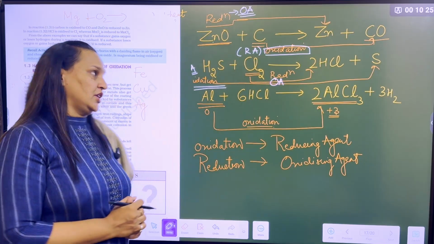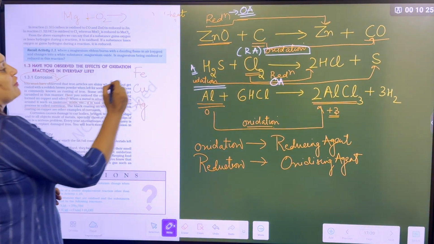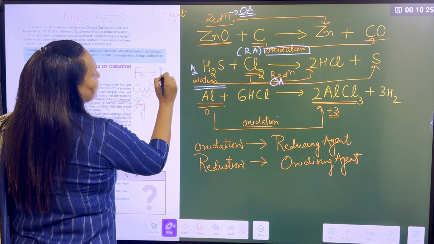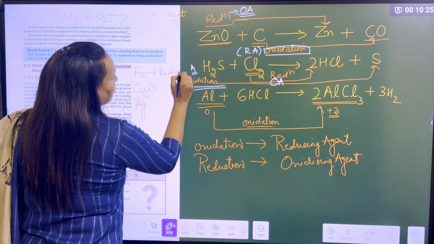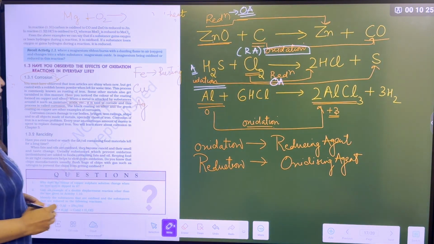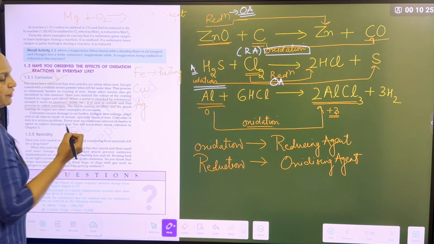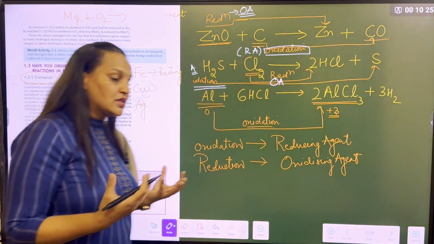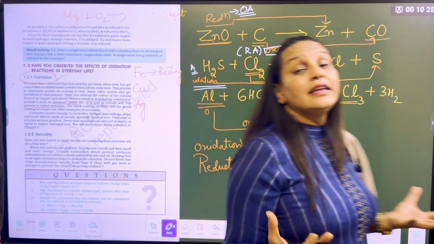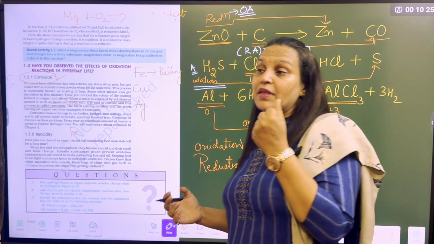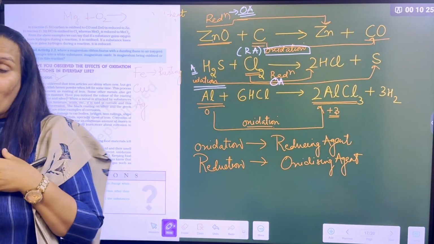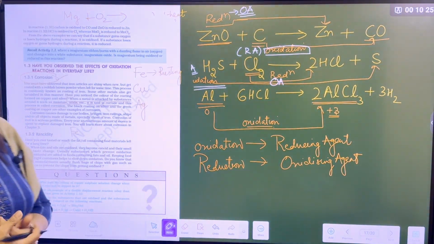Process is called corrosion. So what is the corrosion of iron called? Iron corrosion is called rusting. What is it called? Rusting. Do you remember how the rust forms? You guys must have seen your iron windows, cycles, or the iron gates. Generally, we keep them painted or they are alloyed. Why? To prevent them from rusting.